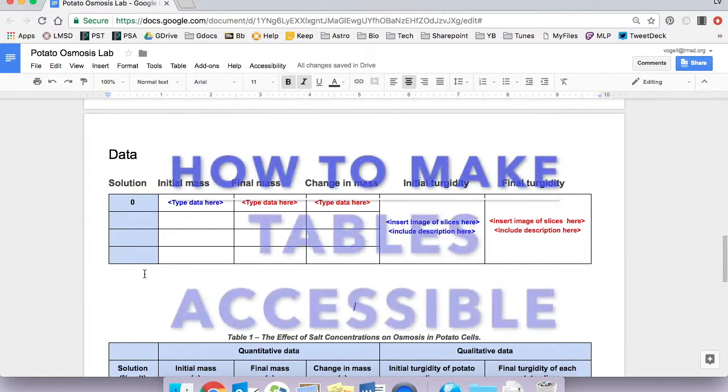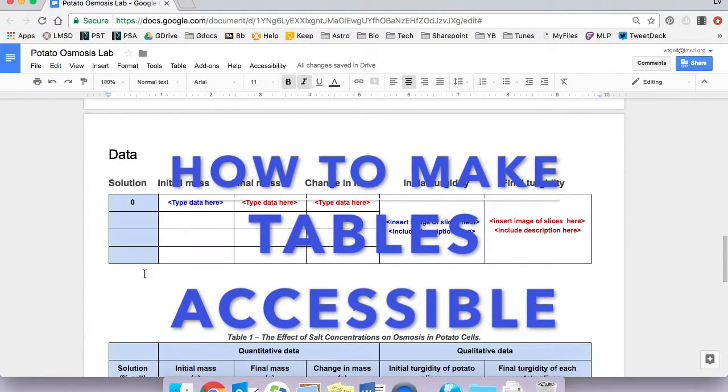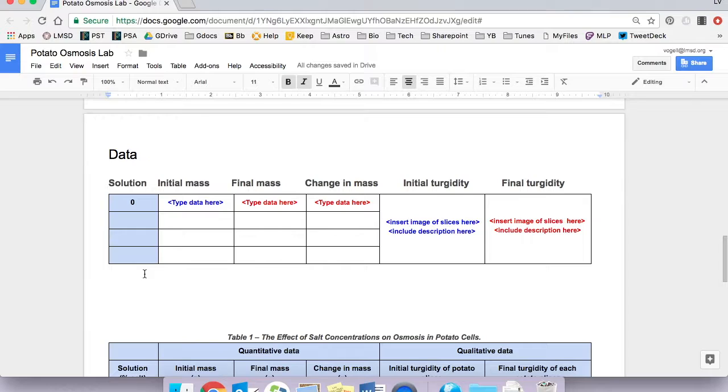Hi, this week's video of the week is going to focus on how to make tables in your documents more accessible. There are one or two easy things you can do whether you're in Google Docs or Microsoft Word. So if you're in a Google Doc and you have a table, you can see this is the data table